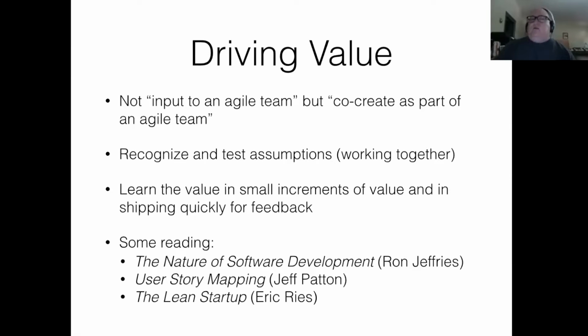Part of that is the notion of recognizing and testing assumptions, and that we work together to do that. So one of the things you often see is that we make up this idea of what our system should be, but we don't really have much basis to justify it. And we've never really tested it. The classics are the 2001 dot-com blow-ups, like pets.com, or Webvan. We're going to put a shipping company in every city that's going to ship your groceries to you, and everybody's going to buy it and use it. Well, there's a lot of assumptions in that, and it turned out many of them weren't valid,